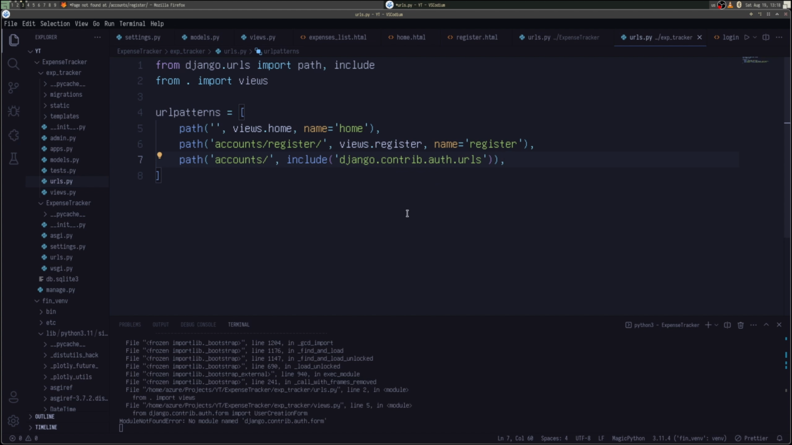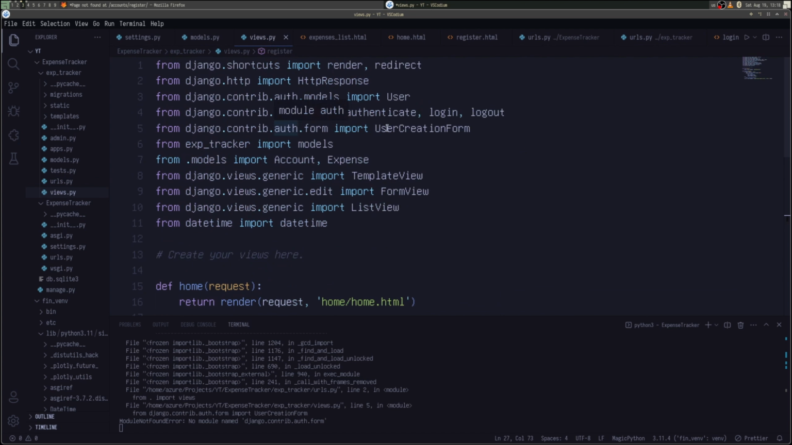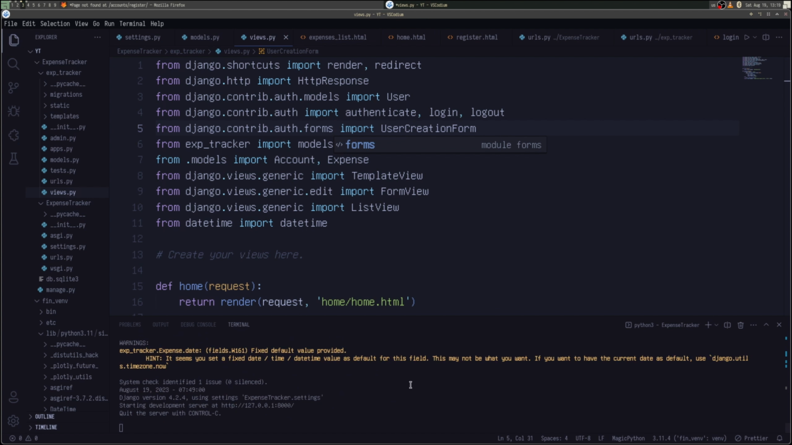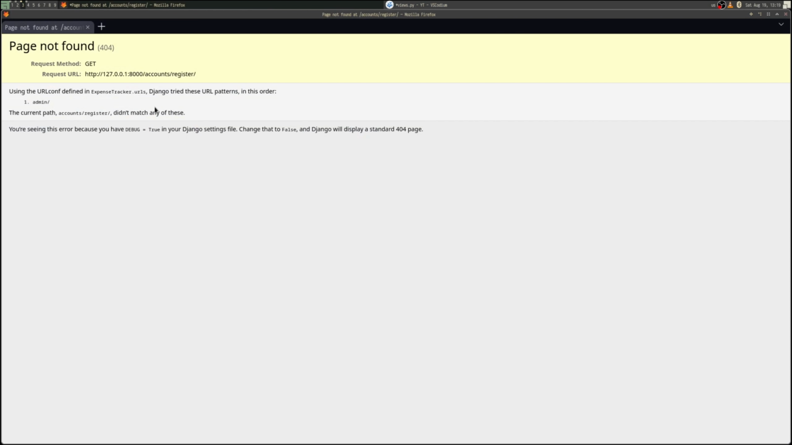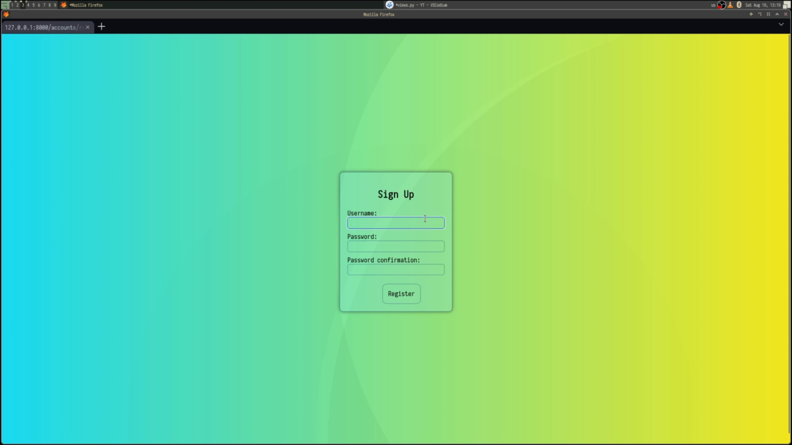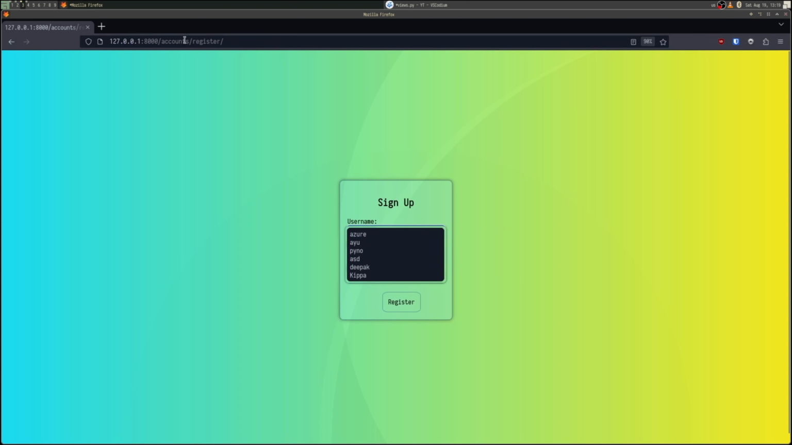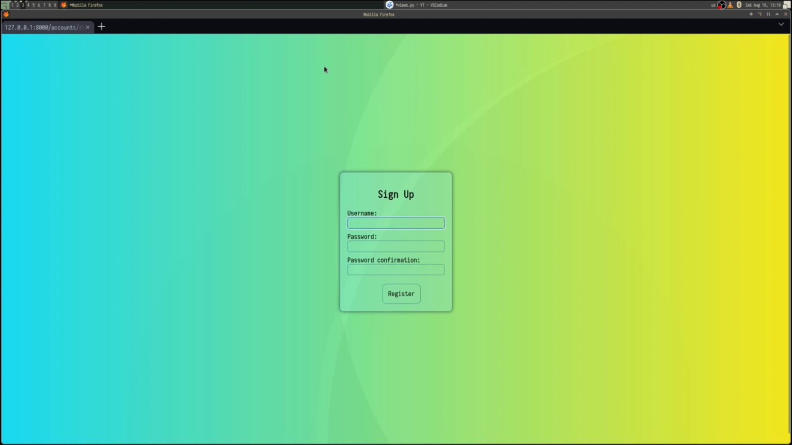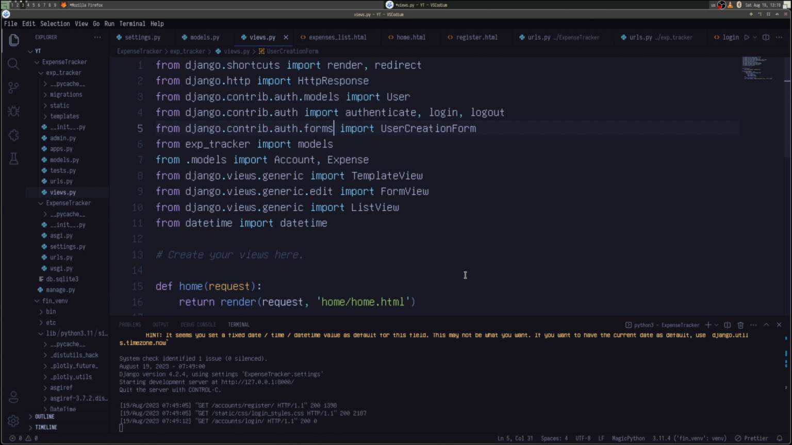User creation form module not found. Django contrib auth form does not exist. We must fix that error. On line 5, I think it's called forms. Yep, it's fixed. Let's go to our page, and we have our sign up page here. We also have our accounts login page, but we have not written the HTML template for this, and that's why that's not visible. Let's go back and